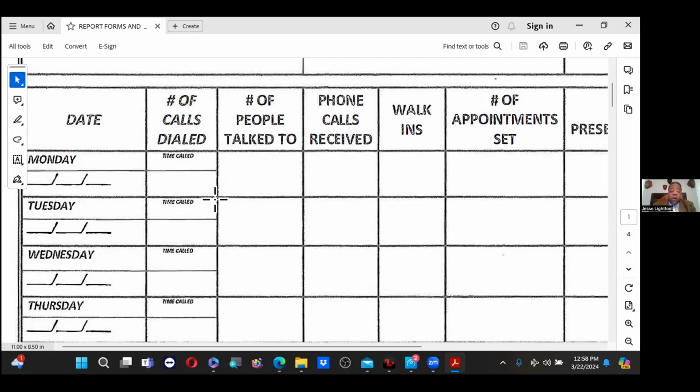The whole idea now with the activity sheets is to keep up with the right level of activity. You need to be calling so many numbers an hour. You need to be setting so many appointments an hour. And that's the system. Elevate yourself to that system, and you should be making $2,000 to $3,000 a week very consistently.